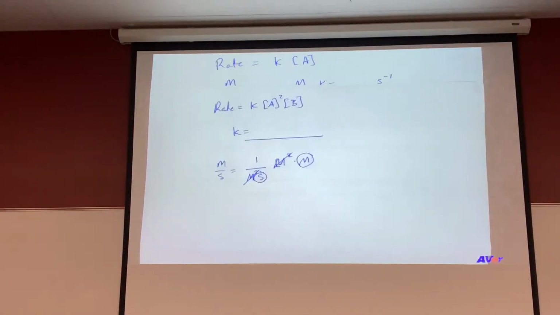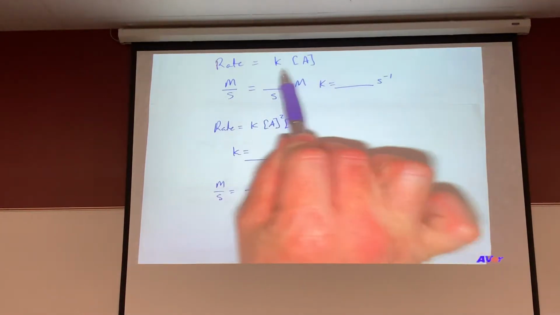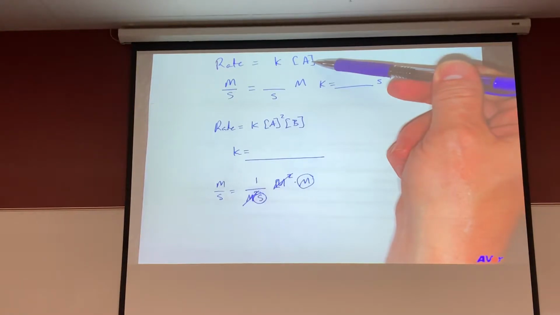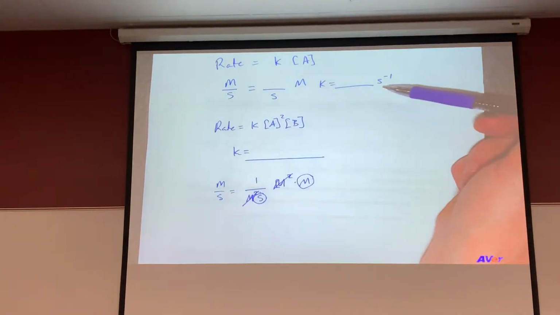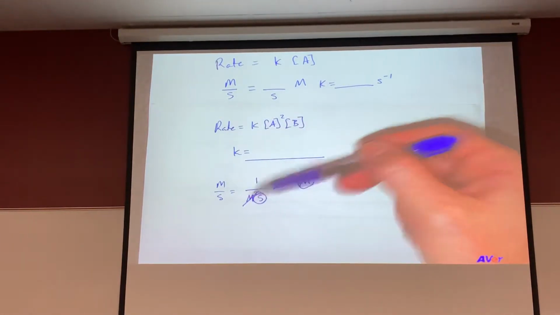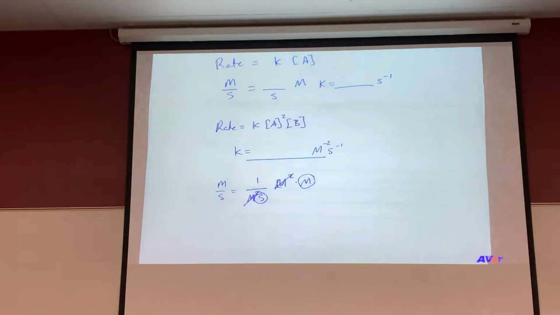What questions do you have about this? I'm not even worried about numbers. All I want you to see is that you've got to pay attention to the rate units and then how the right side of the equation behaves. If you've got just 1 concentration unit or term here, then K is simply seconds to the -1. If you've got 3 molarities, you cancel 2. Questions, concerns?